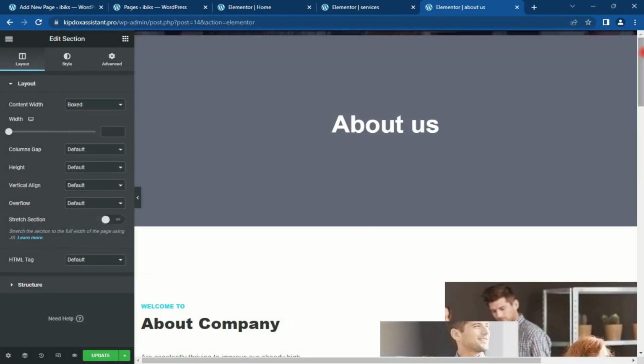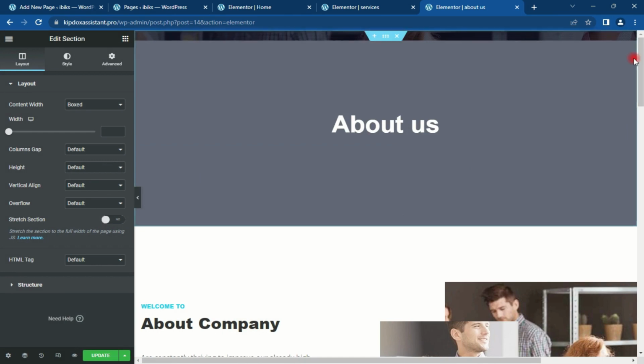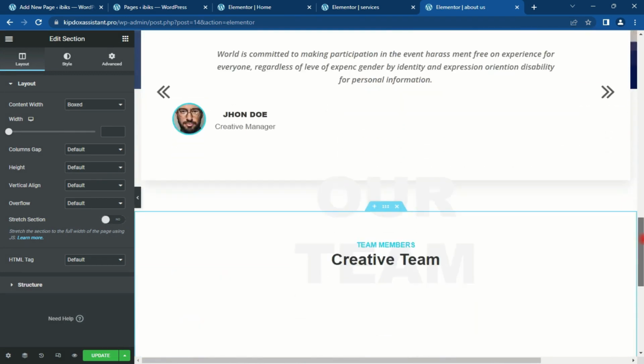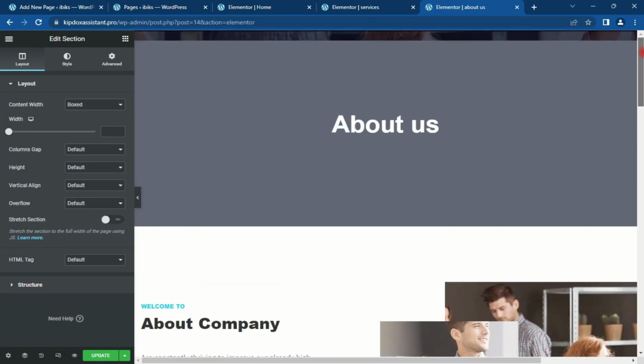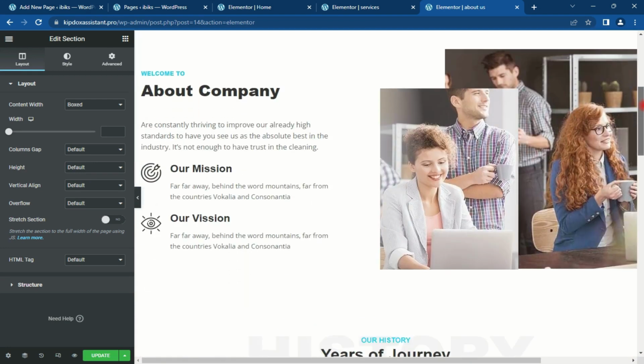So guys, this is our about us page. So what we have to do now is to make sure that we use our custom color. We can change all this color to our color. So for instance, we